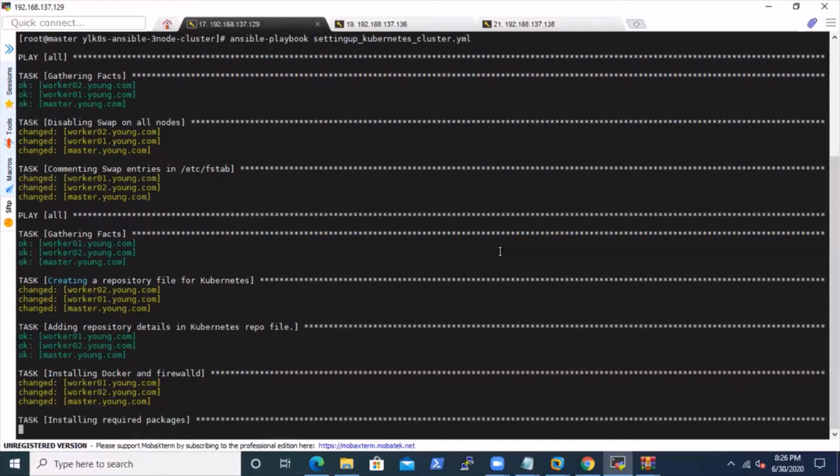It will take a little time. Actually, after these packages are installed, it will configure the master, and after that the cluster will be initiated.